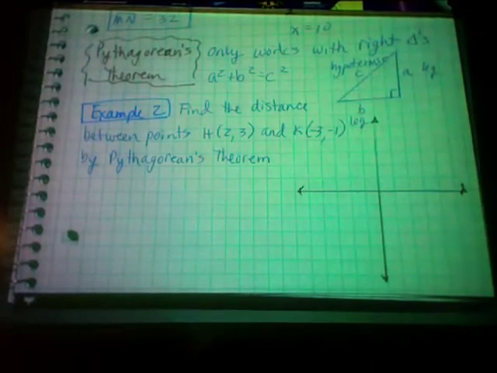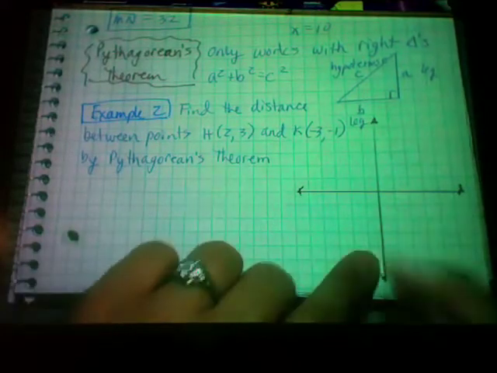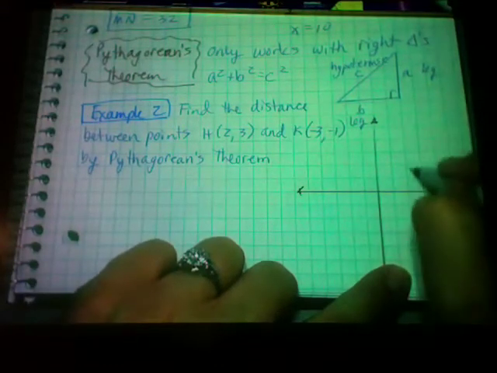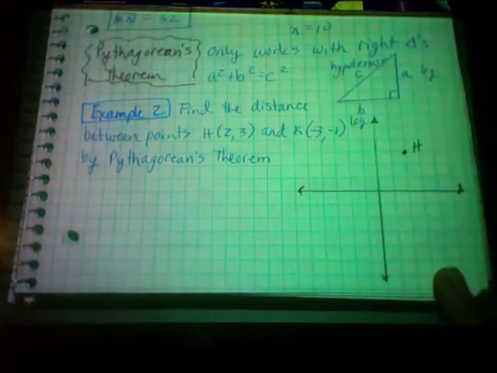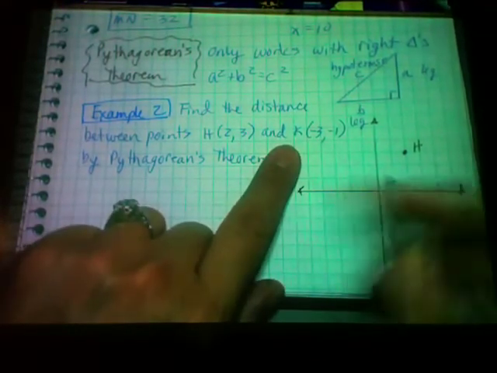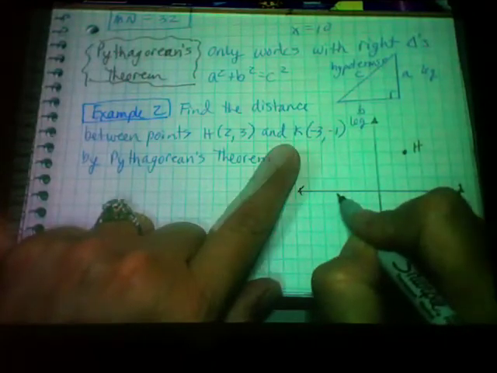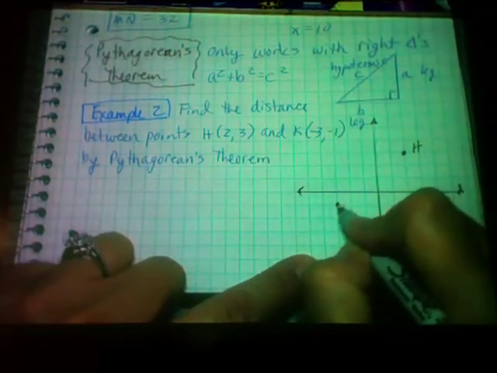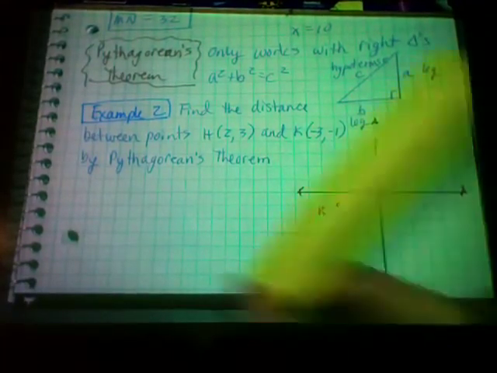Okay, so we're going to plot the points, which is why we went over plotting. So H is (2, 3). So to the right 2 and up 3. Here's H. And K is (-3, -1). So that's to the left 3, and down 1. This is K. We want to find the distance